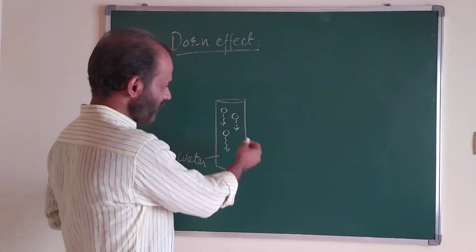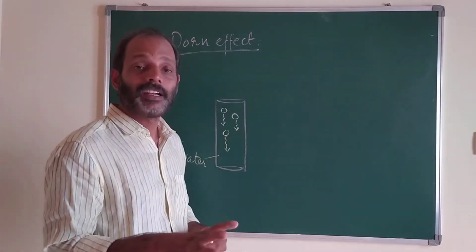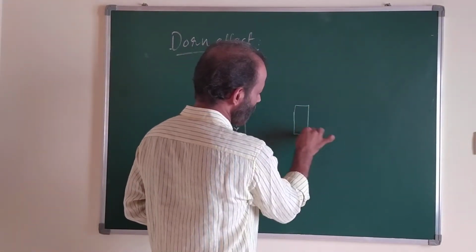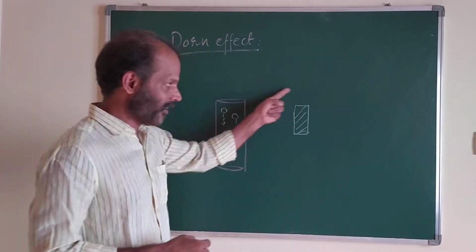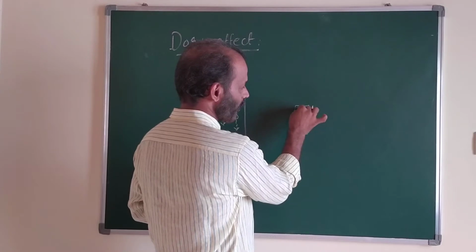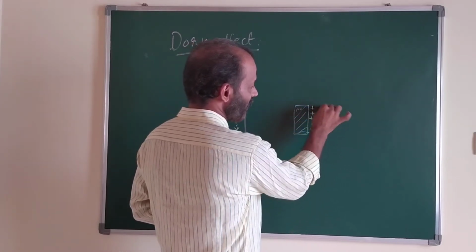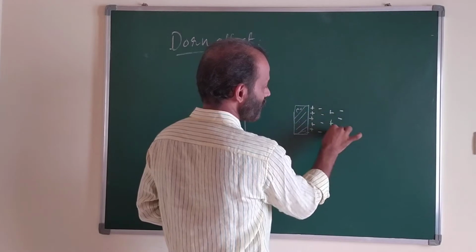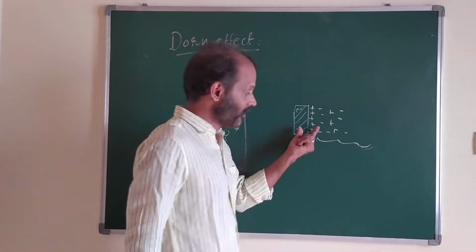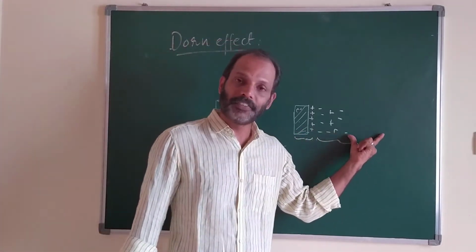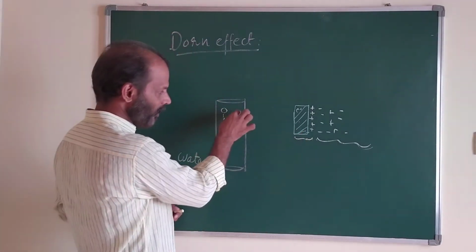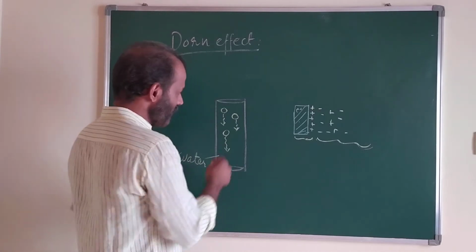And what happened? Just as seen in our electrical double layer. I hope you remember what the electrical double layer is. Suppose this is the solid particle or colloid, and suppose it is a negatively charged colloid. Positive part, then negative, then positive, negative, positive. There is a diffuse layer and a fixed layer. Two layers are formed, a double layer. Same thing happened here. The colloidal particle also has a double layer.